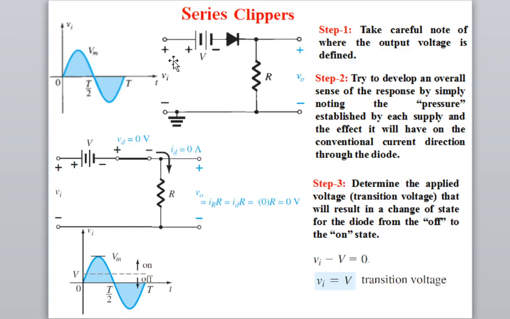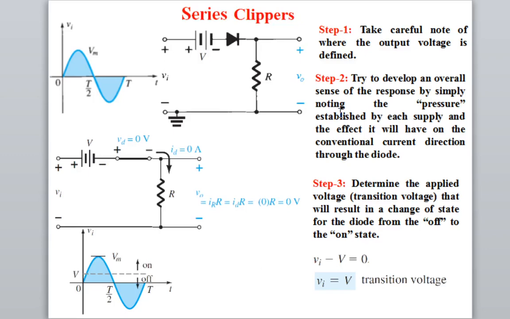So you have this voltage and this voltage and then this voltage. If you apply Kirchhoff voltage law, this output voltage will be equal to this voltage minus this voltage. So that will be the output voltage. This is just the second step. You do not have to do anything, you just have to note down these things.